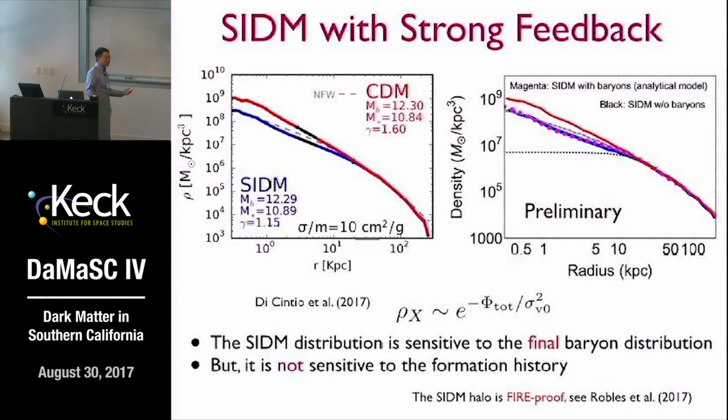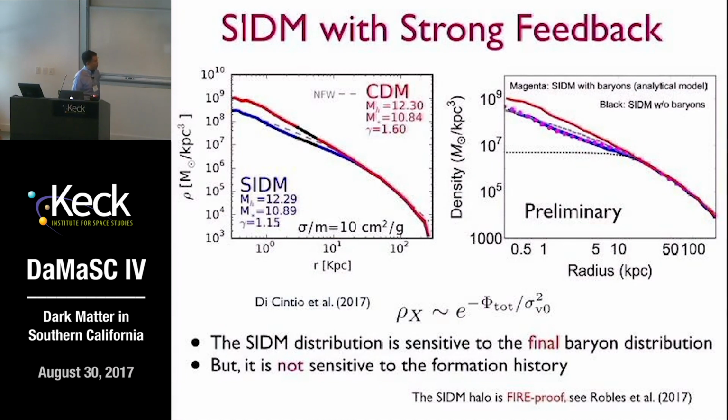Then the question you ask is why this is the case, right? Why does strong feedback not do anything for you? Well, the problem is that with such a large cross section, the system becomes equilibrated very fast, right? Once the system reaches equilibrium, you are not able to figure out what the formation history is, right? So the SIDM distribution is only sensitive to the final baryon distribution, but not